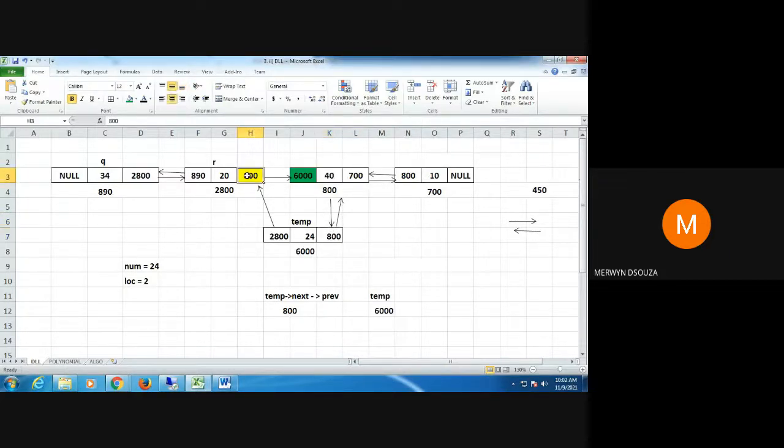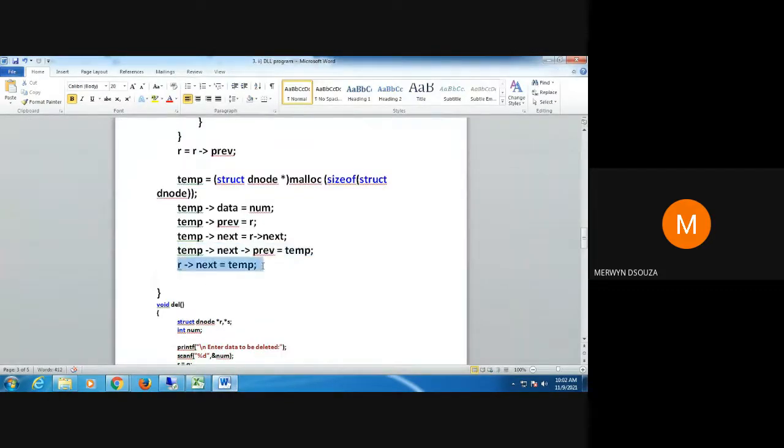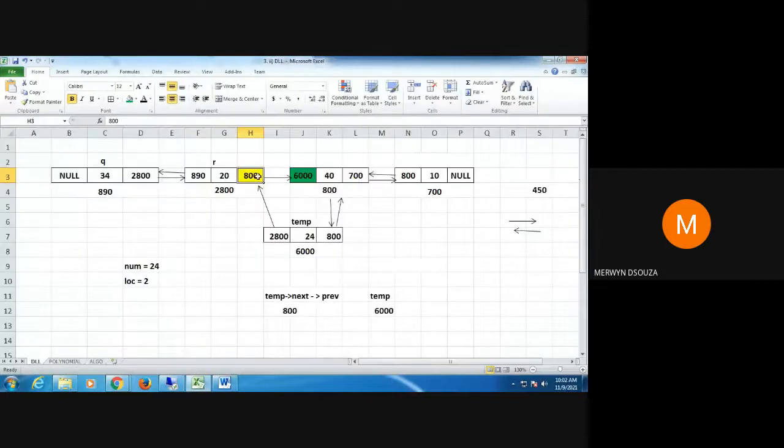What is missing is here there should be 6,000 here. How to make it 6,000 here? Pretty easy, right? You will write r arrow next equal to temp. So you will write here r arrow next equal to temp. Therefore you will get here 6,000. Therefore this here will give you this.